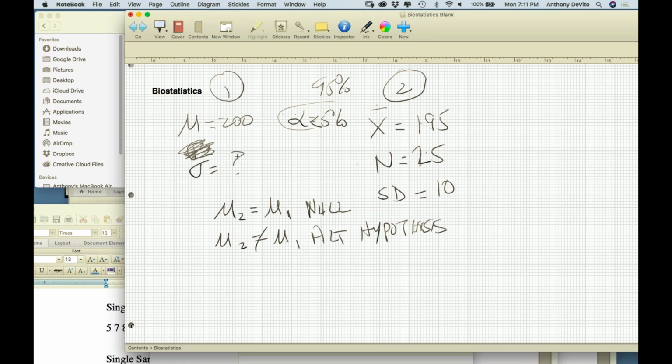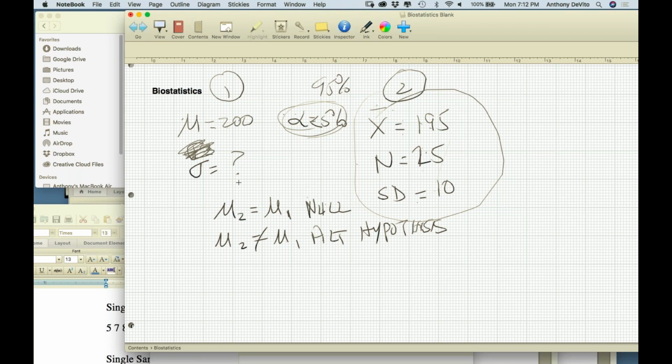So what are my assumptions here? For starters, that the sample I took is random, and the population it came from is roughly normal. Every person in this population has an equal likelihood of being selected. So now I want to predict whether these two values, 200 and 195, are far enough apart for me to say with 95% certainty, in other words, less than 5% chance of being wrong, that they are different.